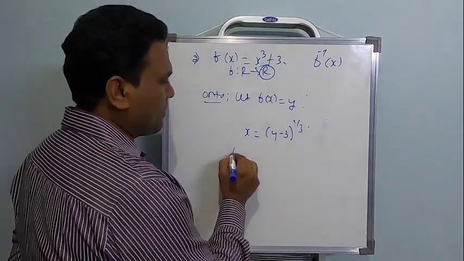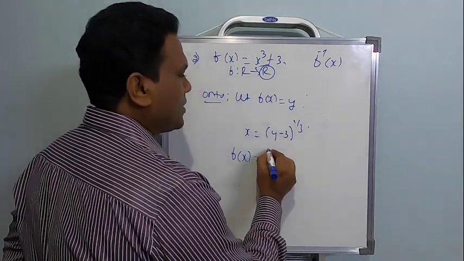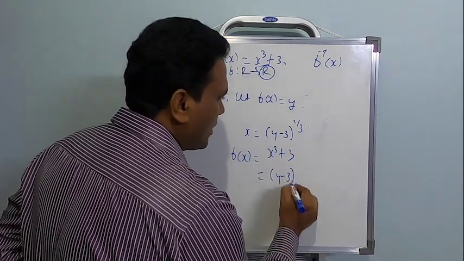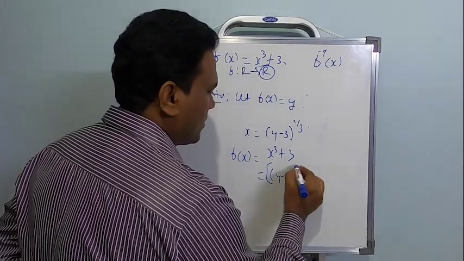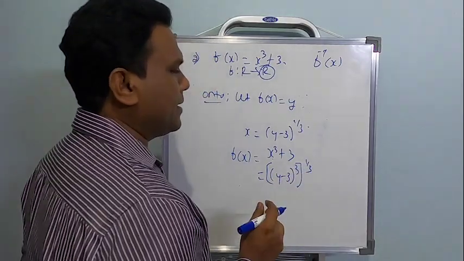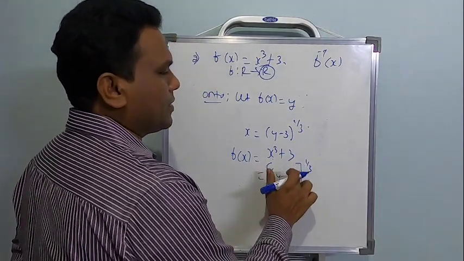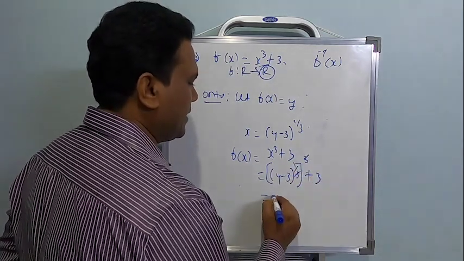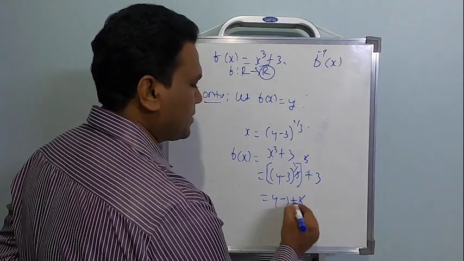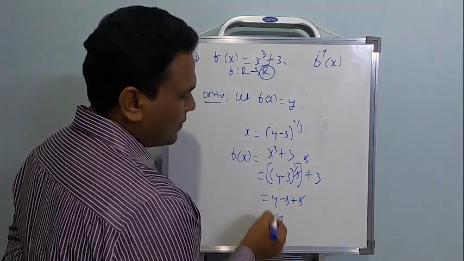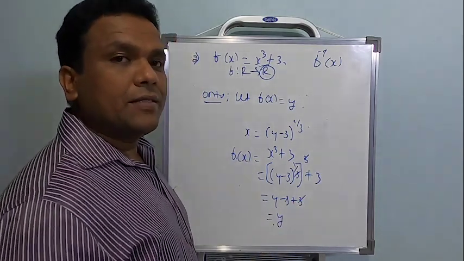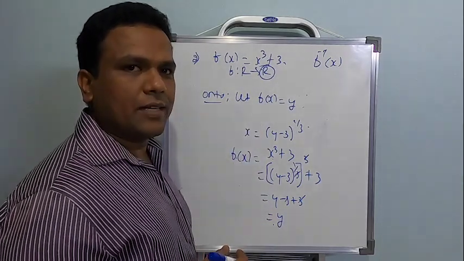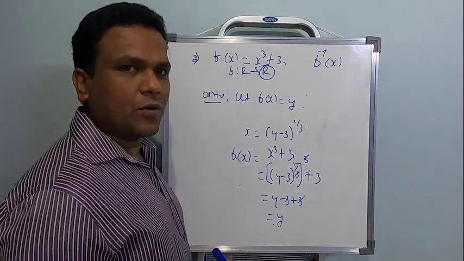This I will substitute in the given function. What is the given function? The given function is x cube plus 3. The x value will be replaced by (y minus 3). That's correct, right? x cube actually, right? So here it should be 1 by 3 and this should be 3. Plus 3, let's retain. y minus 3 plus 3, eliminate this, y. f of x equals y. Hence the given function is onto. This is actually easier if you are unable to follow the example. So just follow this. Okay.